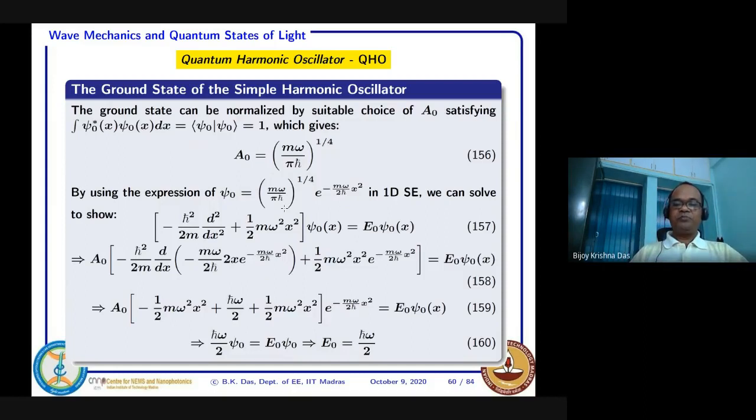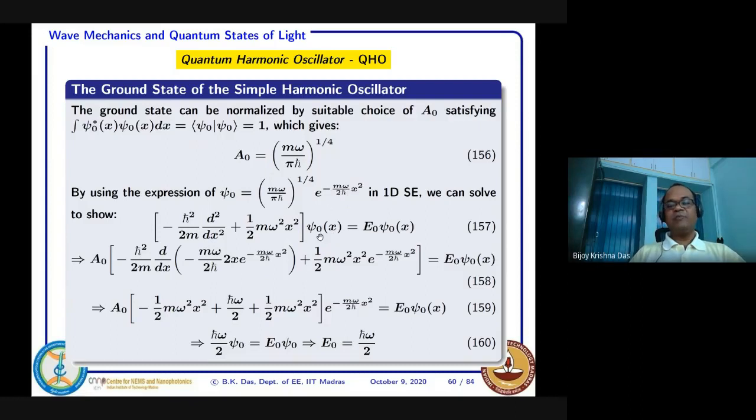Now we try to find out, if this is the ground state, what would be the eigenvalue of this ground state? Okay, how to find that? We know this is the eigenstate. So if you operate with the Hamiltonian, then you get an eigenvalue E naught, right? This is just the normal Schrodinger wave equation I'm putting down here, because I already know the wave function.